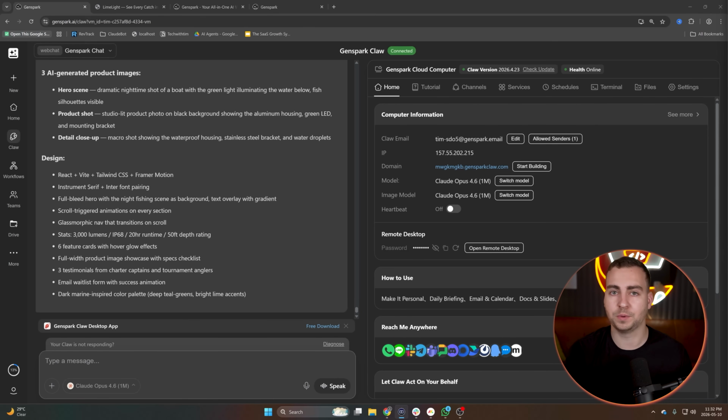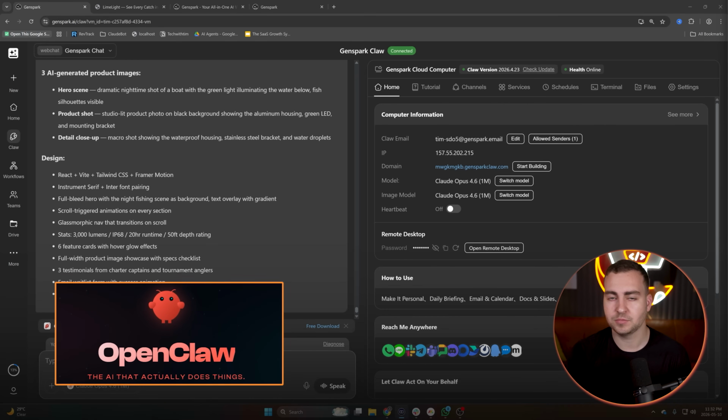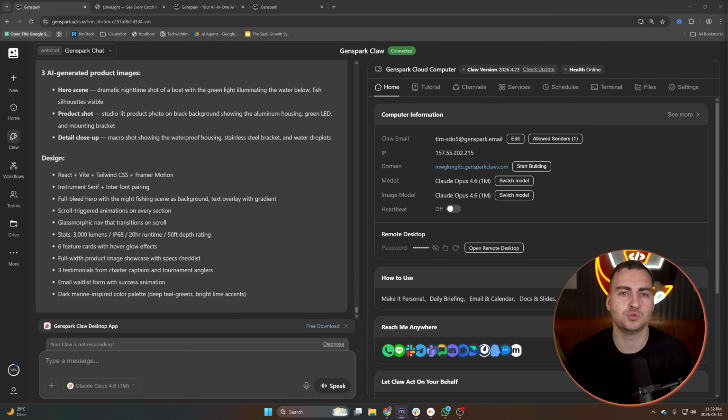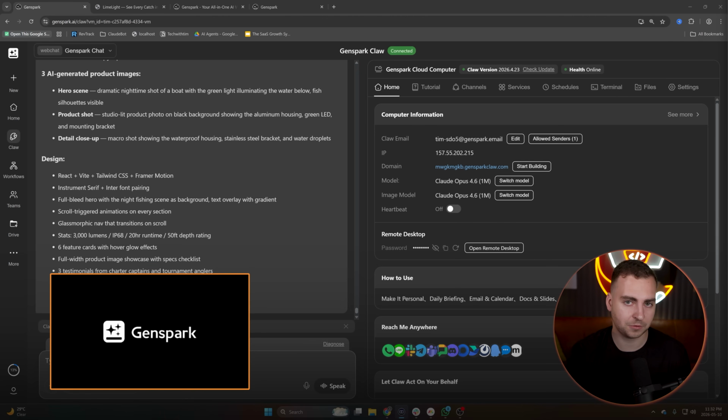Now, you might be thinking OpenClaw can do this too. And it can, but as you've seen on my channel, installing OpenClaw can take a long time. You need to buy a new computer, you need to buy a VPS, and you probably don't know how to set it up properly unless you want to follow through all of those steps, which can be a little bit complicated, especially if you're not technical. Whereas Genspark here provides the virtual machine. Literally 2 clicks, you have it set up, and then in 5 minutes after that, you can connect it to whatever channel you want and start using it.